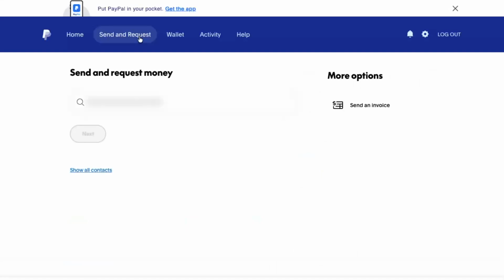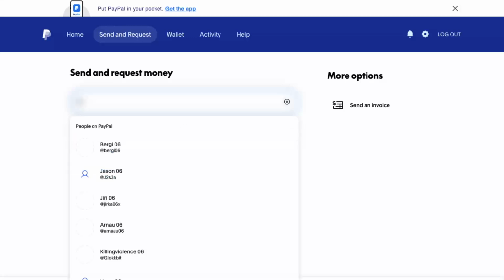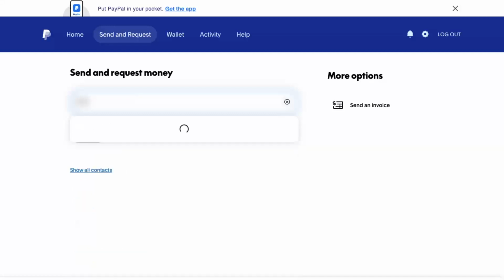On the next page, you'll see a field where you can enter the details of the person you want to pay. Instead of typing an email address, type the phone number you want to send money to. Be sure to include the full number exactly as the person gave it to you, and double check it for any typos. Sending to the wrong number can mean the money goes to someone else's account, so it's worth taking